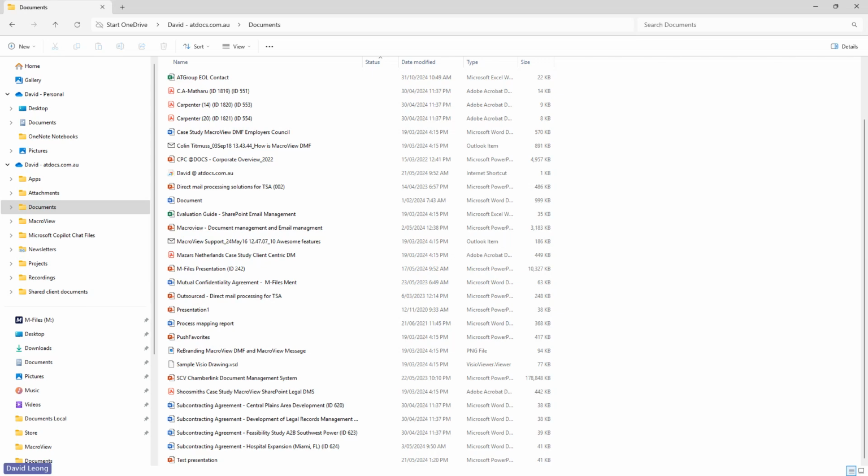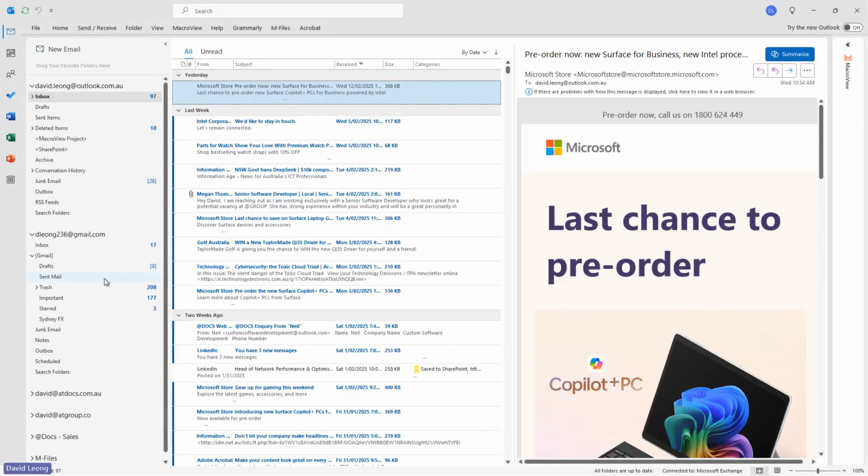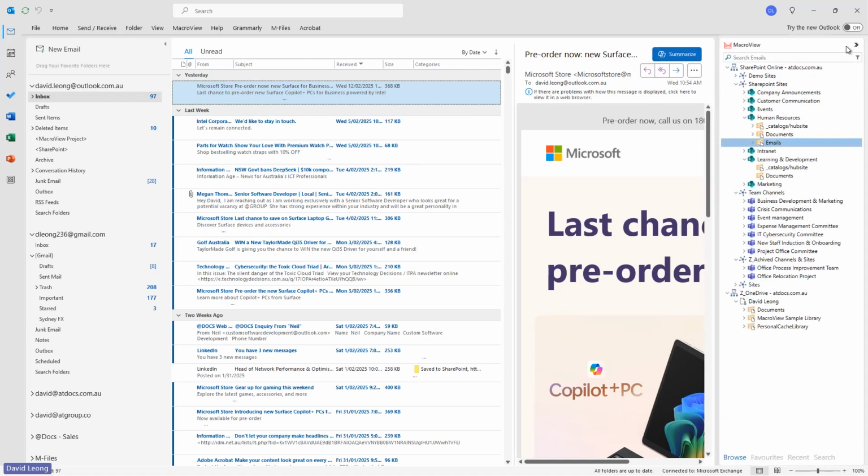What I'll bring up now is Outlook, because I tend to live in Outlook all the time because this is where I correspond with all my clients, internal engagements, etc. This is my sample inbox. But you'll notice here on the right-hand panel, I have an Outlook sidebar. So when I expand this sidebar, all the sites that I've been talking about, all the SharePoint sites, company announcements, client communications, events, human resources, are visible on this right-hand panel, and along with all the Teams channels and OneDrive.